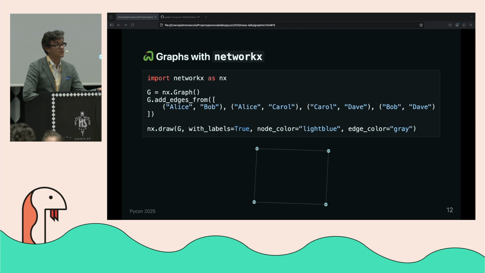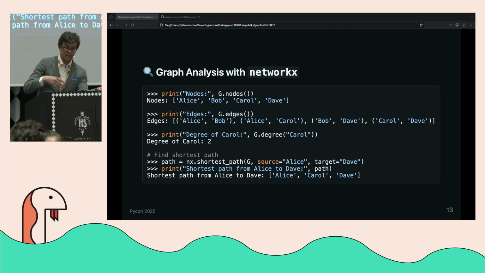Sometimes just the visualization actually helps a lot in understanding the patterns and the structure of the interactions. Or we can start analyzing in a bit more detail some properties of the graph. So what kind of nodes do we have? How many edges do we have? What is the degree of each node? Or which is the node that has the highest degree? And by degree, we mean the number of connections that the node has, either inbound, outbound, or total. We can also try to find the shortest connection between 2 nodes. This is especially useful in very complex graphs, and it's essentially what most of your GPS navigators would do, trying to find a route from place A to place B.